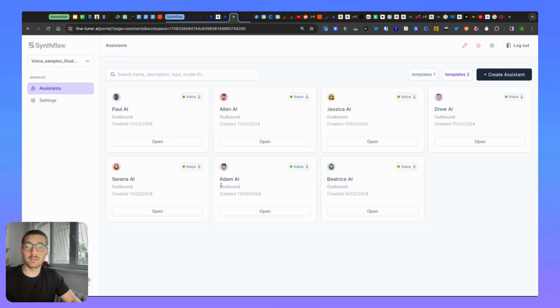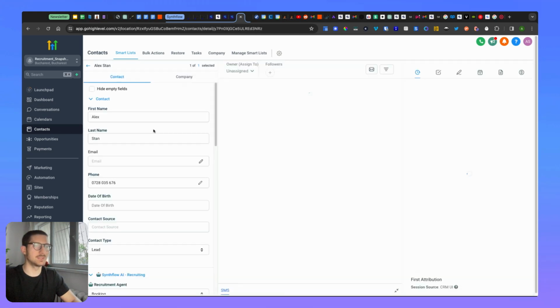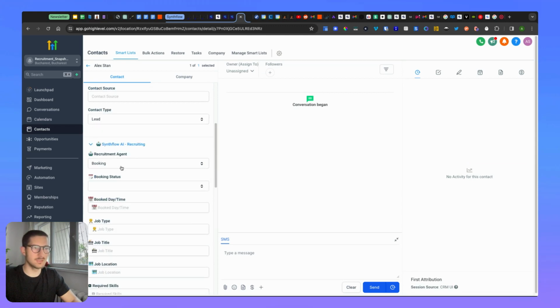So how are those mirrored in the Go High Level snapshot? In the Go High Level snapshot, there are a few things you need to remember. First of all, we're going to have some custom fields created by default when you import the snapshot. So here under the contact, we're going to have this Synthflow AI recruiting. So it's going to be the recruitment agent that's going to be used in the flows, screening, booking, reminder,